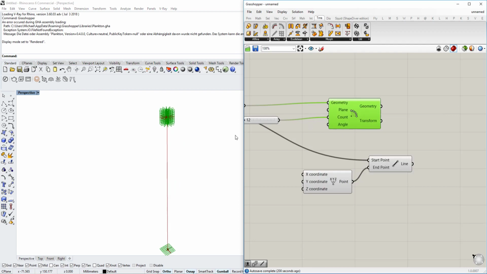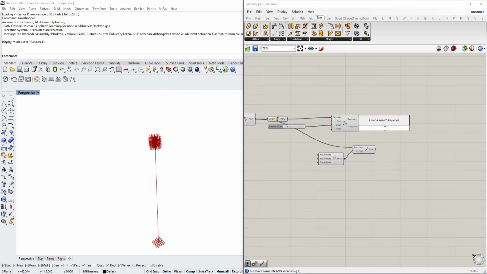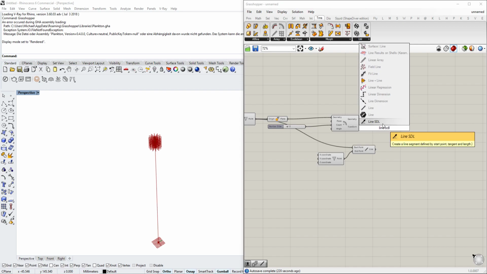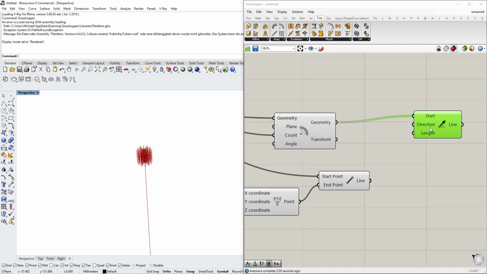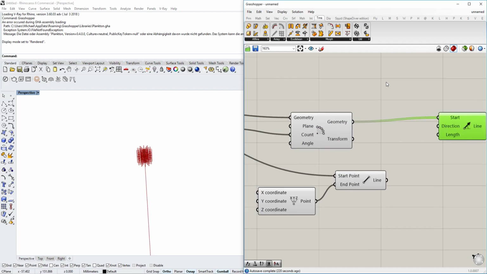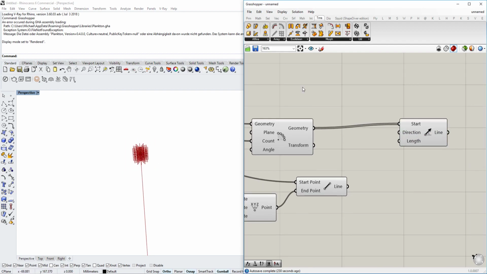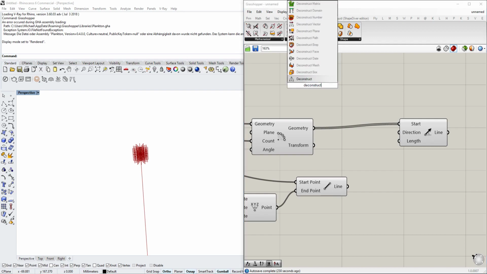And now that we created that, I want to create the lines that go into those directions. So I'm going to do this by doing a construct line SDL, I think, yeah. And the start point would be that. And then we also want to have the direction, and the direction will be dependent on the plane that we defined here. So we're just going to type in deconstruct plane,